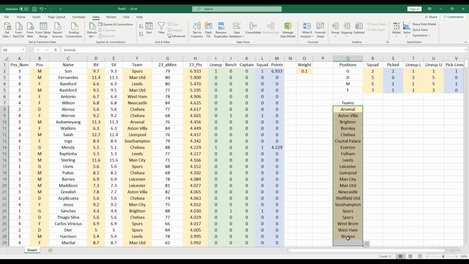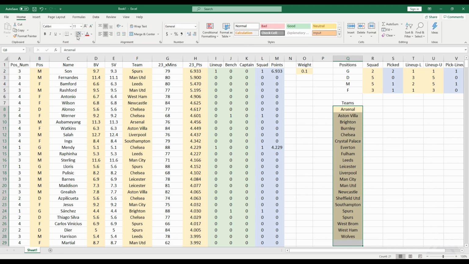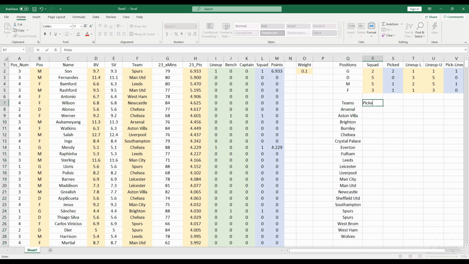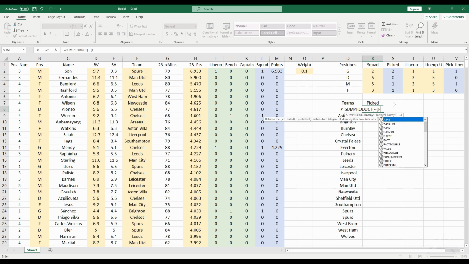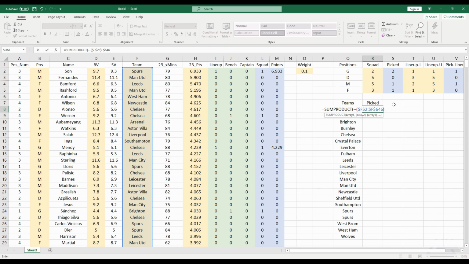So from each team here, we are allowed to have at most 3 players, right? So I will be defining a new column so that we can see how many players we have chosen so far. Again, I will apply the same trick. I will say from F2, let me put dollar signs while I'm writing this so that it will be easier for me, to F646 times. So these are the team names, and obviously I'm wondering if I have that player or not, so it will be L2 to L646,